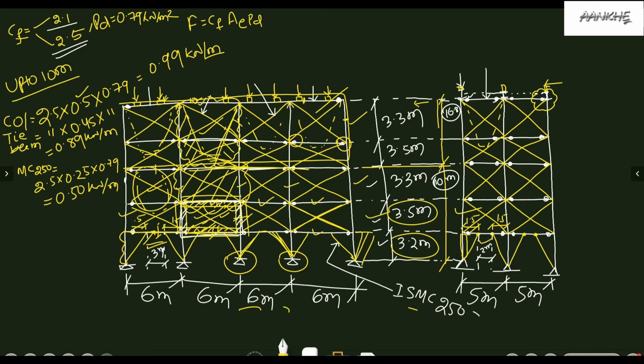And your angles also come. So ISA, it comes around 130 into 10. It comes how much? 2.5 into 0.13 into 0.79, 0.26 kilonewton per meter per angle. Okay, so up to 10 meter I think you all are clear. Then we will be moving to above 10 meter. So let me remove it.